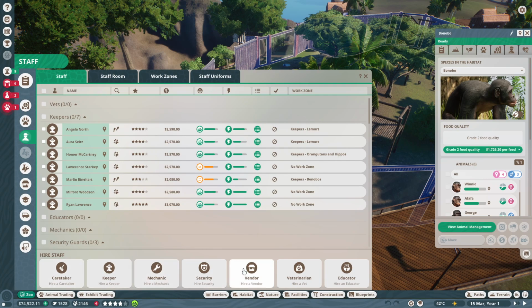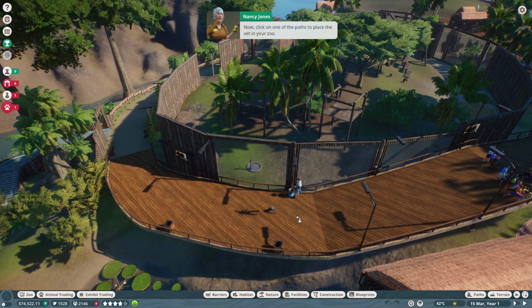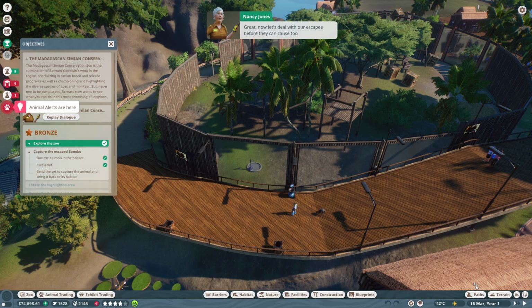Oh, right here. Hire staff, hire Now, a vet. click on one of the paths to place the vet in your zoo. Great. Now let's deal with our escapee before they can cause too much havoc. Use the animal alerts to jump to the